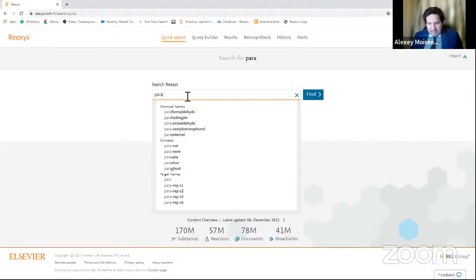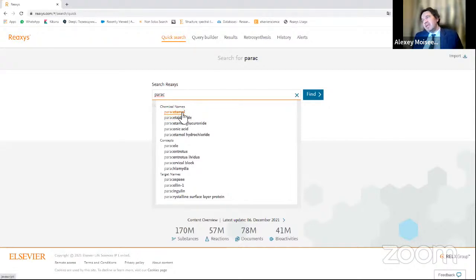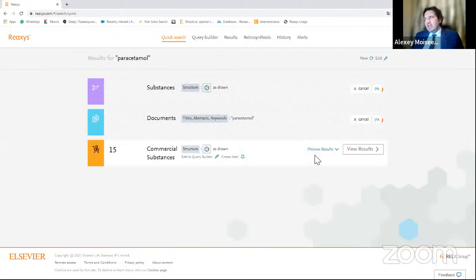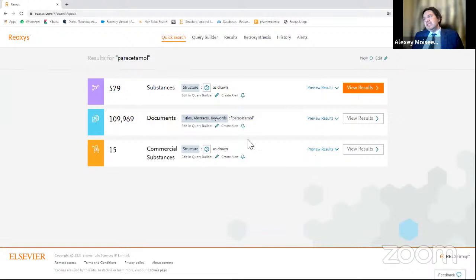For example, I want to enter acetaminophen or paracetamol or something else in the database. I want to find everything about this substance that was ever published in articles, patents and books, and we can find it in several of our databases. The first database is the substance database, the second one is the document database, and the third one is the commercial substances database.